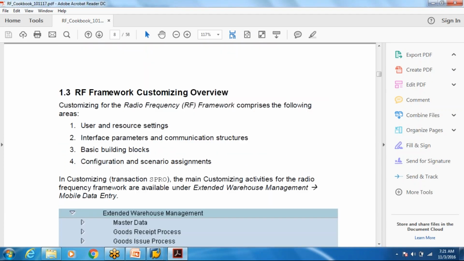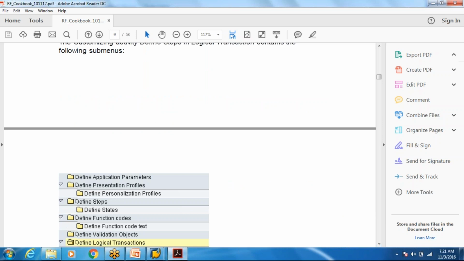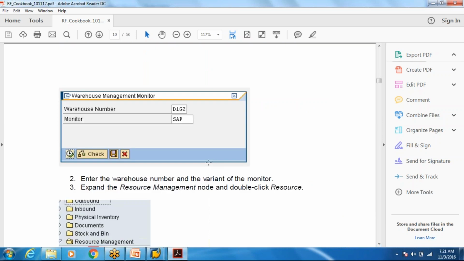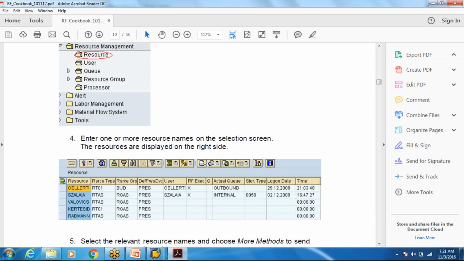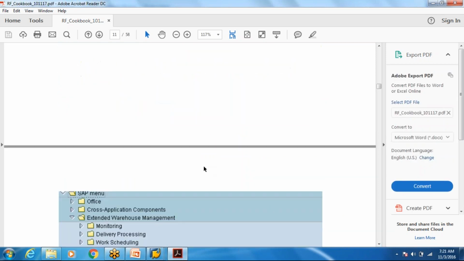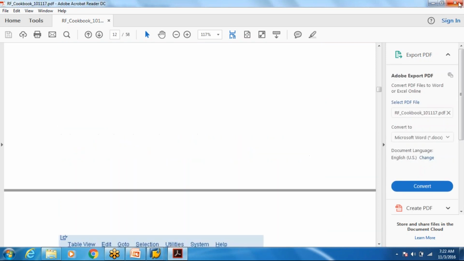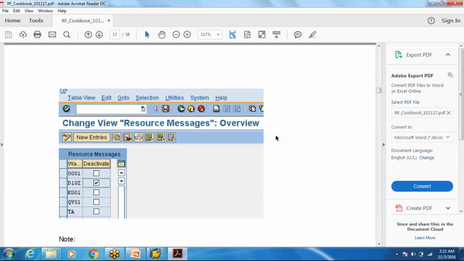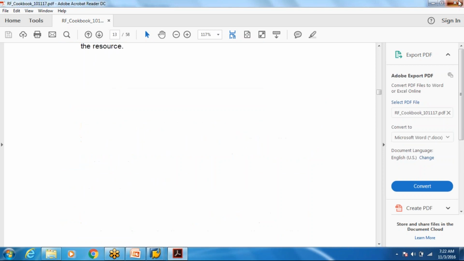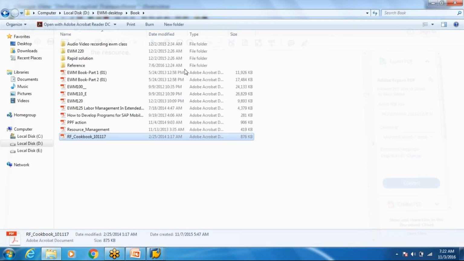All the steps and all these transactions are also mentioned here. So just go through this. It's a very good book, the RF cookbook. I generally share this with all my new ABAPers, and it's kind of a standard practice for coding, how it should be followed. That is also mentioned here.